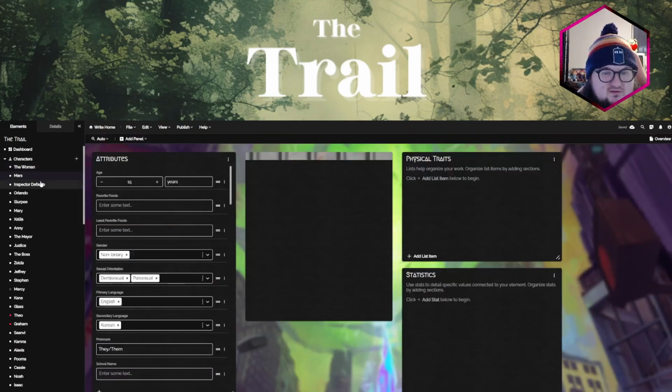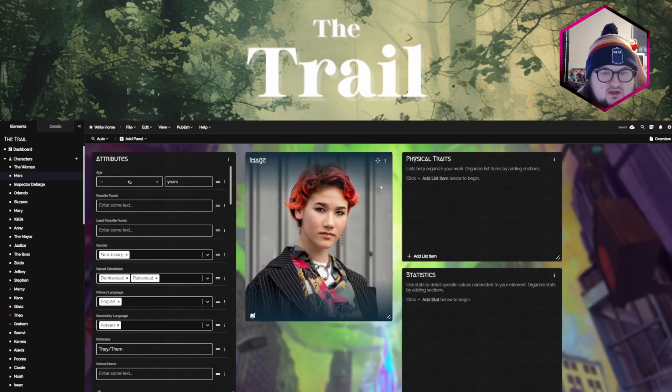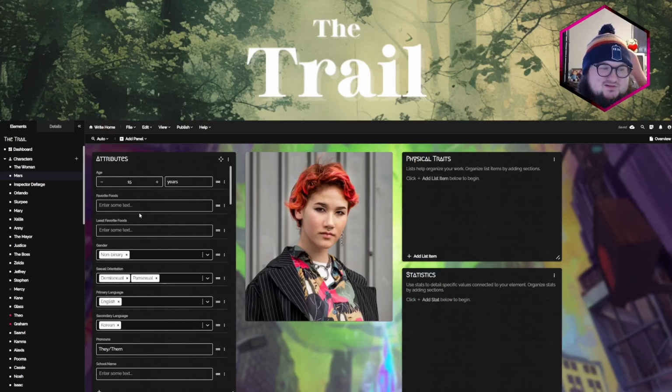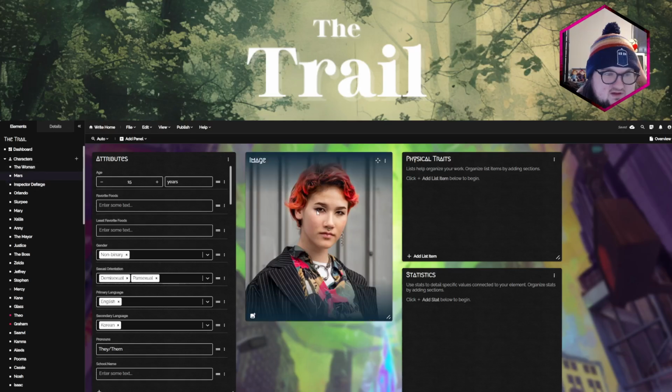So, my main three characters. Mars, I imagine looking something like this. I just did Google searches for random people until I found people that fit. So some of them are just random people who exist in the world. Some of them are stock photos. Some of them are famous people. Some of them are actors that I knew and looked up to add in as the face of the character.